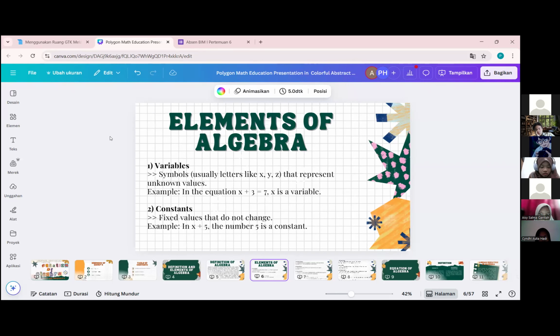plus 5 ya. Itu harusnya equation ada tanda sama dengannya. Jadi contohnya ditambahkan sama dengan 0. Kalau bentuk seperti ini aja belum bisa disebut equation. Jadi kita tidak bisa sebut 5 itu as a constant. Ya, oke Bunga? Iya, Ibu. Baik, akan diperbaiki. Kalau mau memberi contoh harus ada tanda sama dengannya, harus ada simbol equation-nya. Itu bisa sama dengan 0 atau sama dengan yang lain.